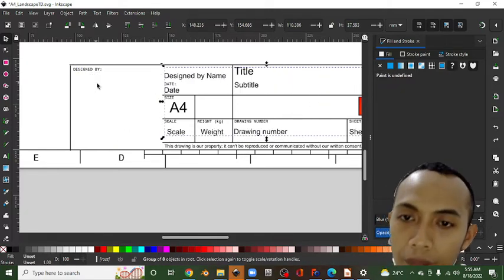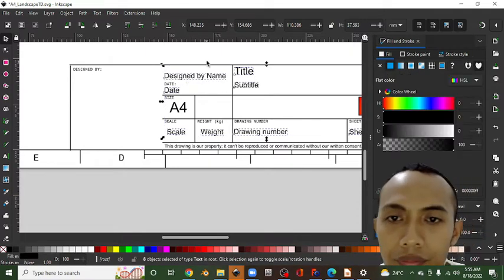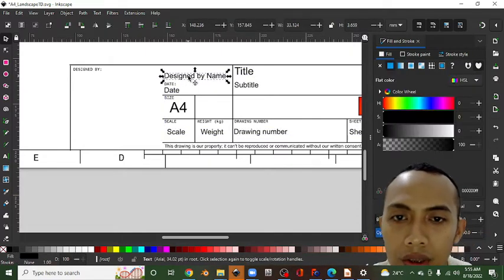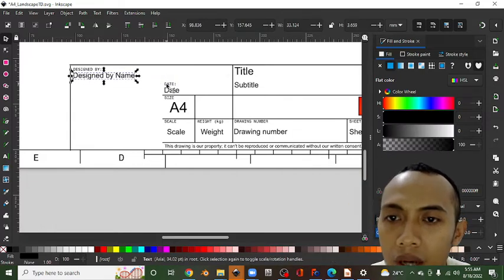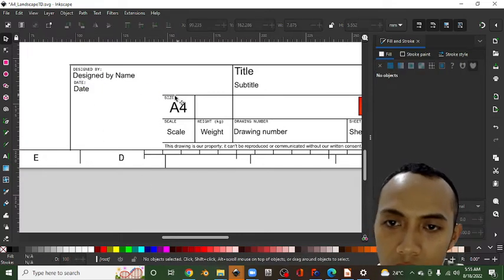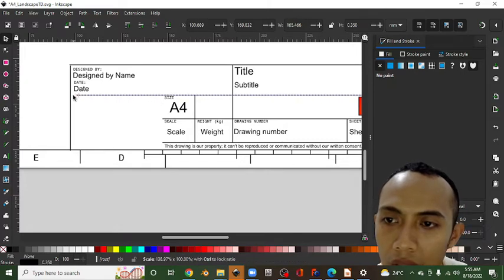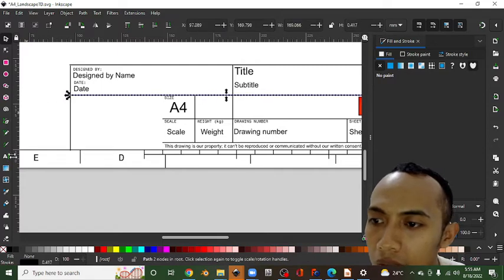This must be ungrouped, Control Shift G, and here you can design, for example, the date, and you can insert your logo, institution logo, anywhere you want, or you can add some customized line